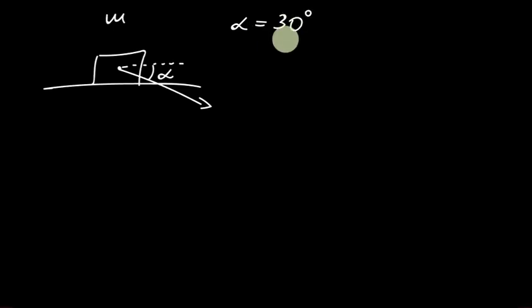Let's say we have some cube with a mass m and some force acting like that. Let's draw a line parallel to this table and say that this angle is alpha. Let's say alpha is 30 degrees and our mass is 2 kilograms, and this is a